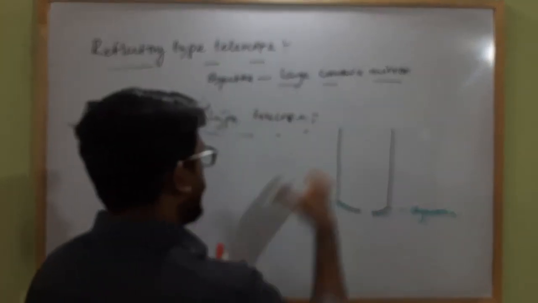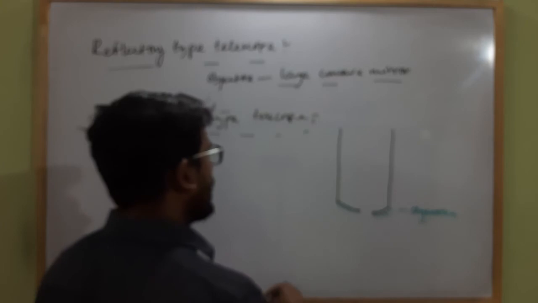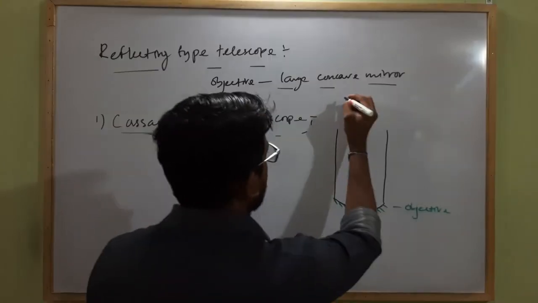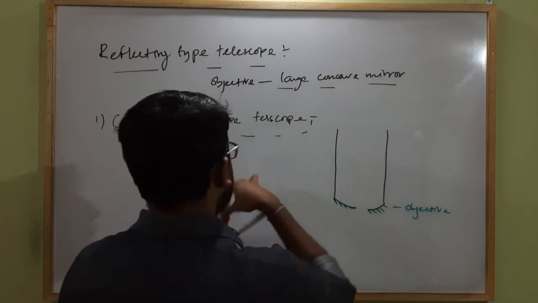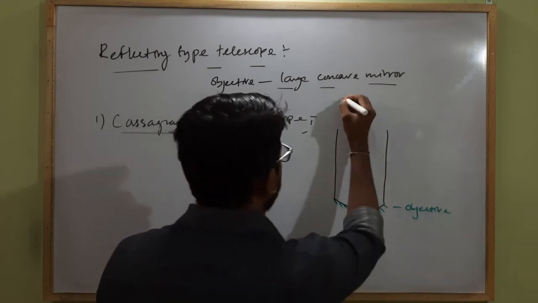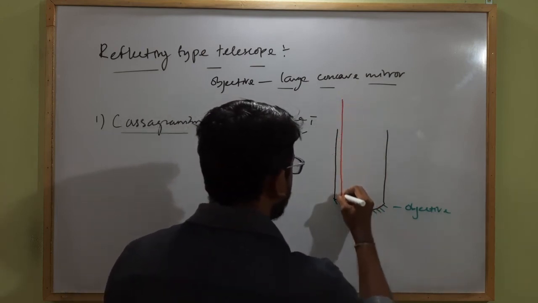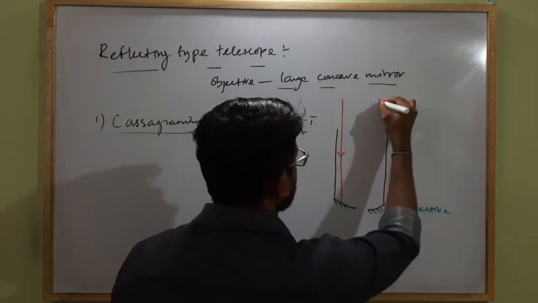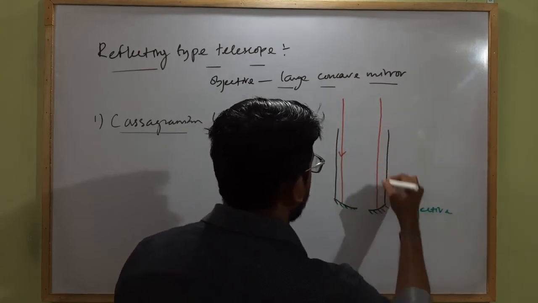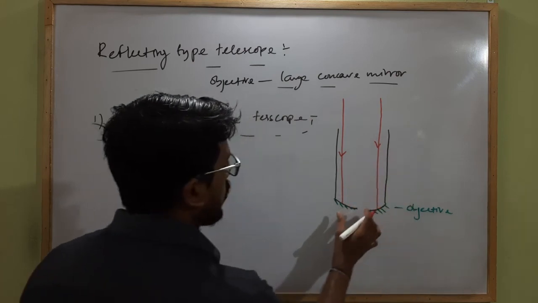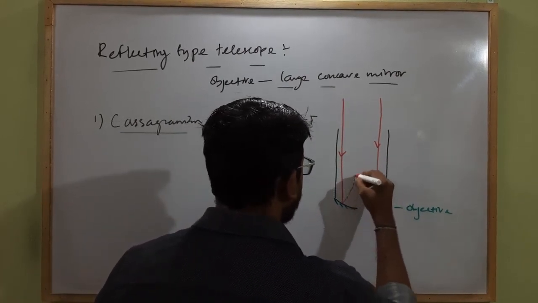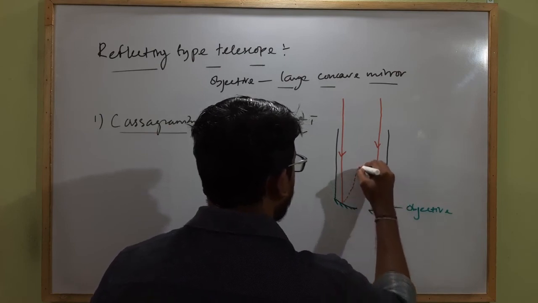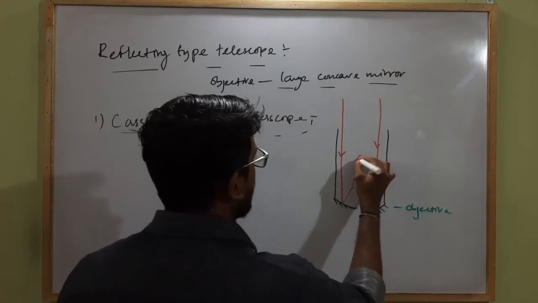The other end is open and faces the object which is at a very far distance. So the parallel incident rays of light will come like this from the astronomical object, and as they are parallel to the axis of the concave mirror, after reflection they will move towards what? The focus of the objective f(o).